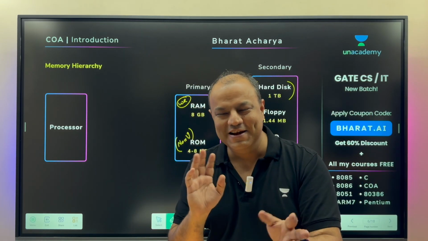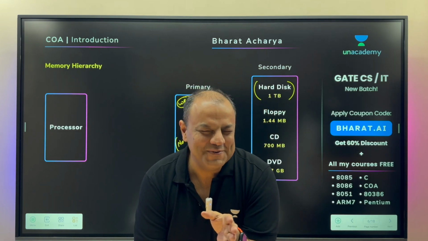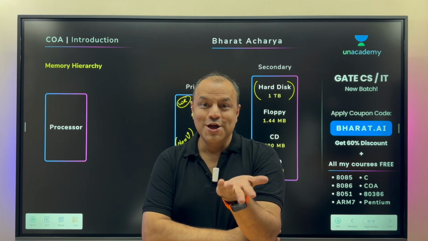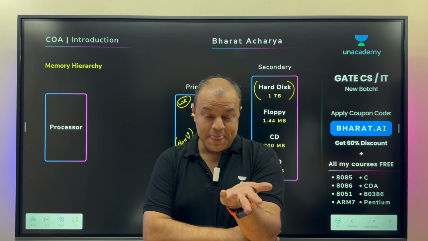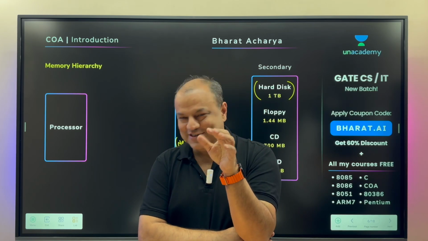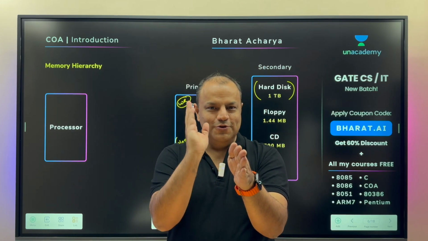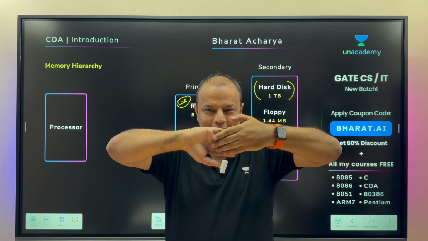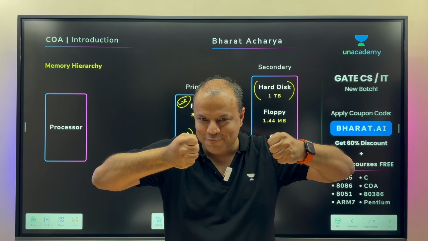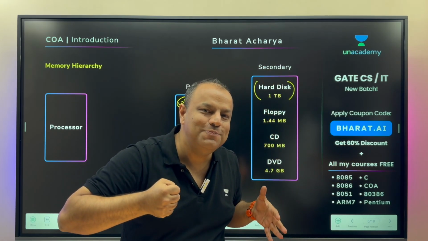So to contain the right balance, what do you want? You answer. You tell me yourself. Do you want a cheap computer or an expensive computer? You want computers to be as cheap as possible so that everyone can afford it. At the same time, do you want it to be slow or fast? Fast. You want it fast, but you want it cheap. What do you do? You don't use one type of memory. You create a division between primary memory and secondary memory. You operate on faster memory and you store in cheaper memory.